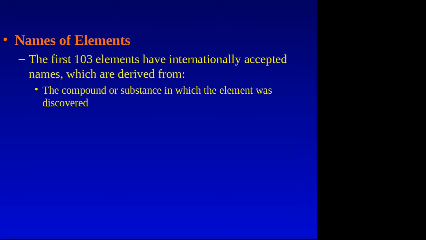And for example, some of them have an odd history. So the element lead, lead was discovered by the Romans, used by the Romans for plumbing. In fact, the word plumbing comes from the Roman word for lead. They used lead in their first pipes, which we now know is a bad thing to do. But they used that. So the symbol for lead is Pb from the old Roman word for lead.